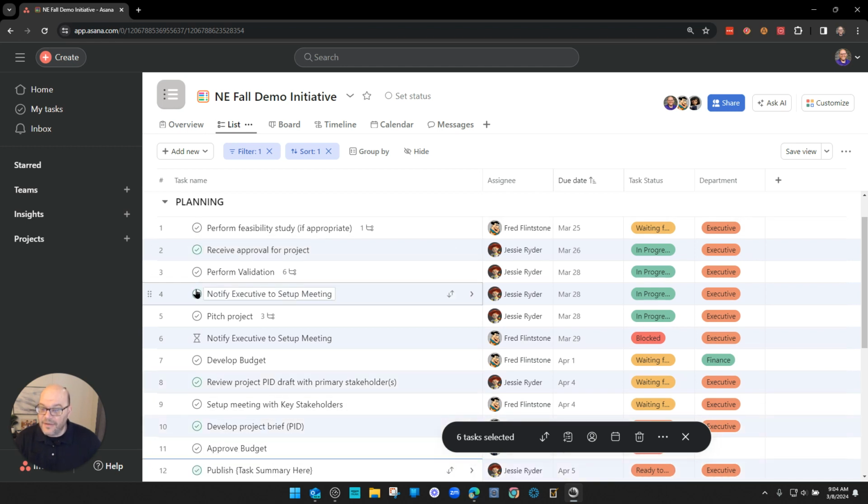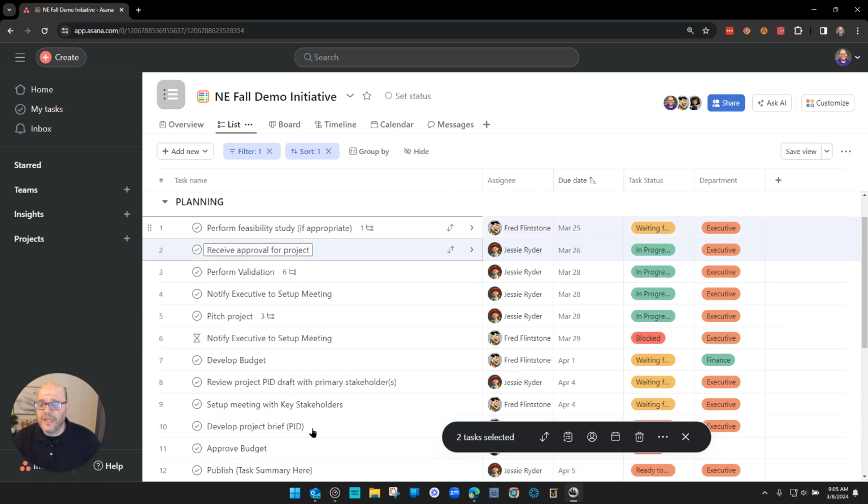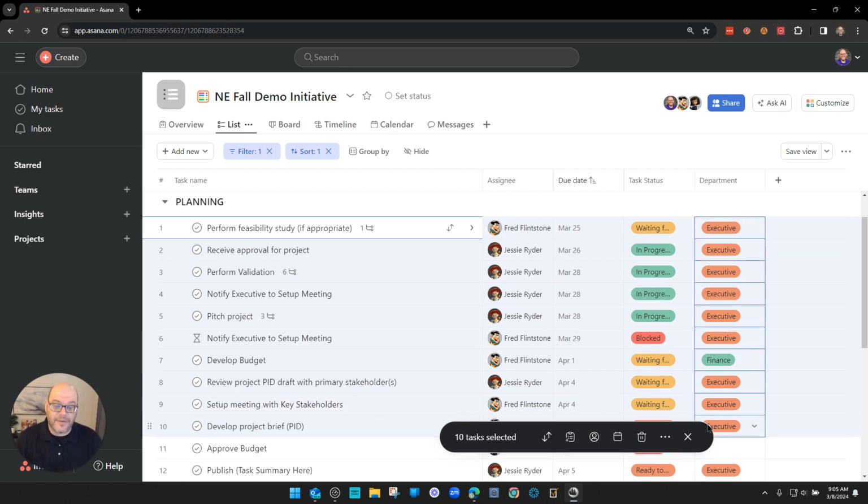And now you can see each of those tasks have been selected, but the tasks in between have not. I can see 6 tasks have been selected. So this is how we're going to select a bunch of tasks at once. Now, what can we do once we've selected a bunch of tasks in bulk? This is where this particular feature is really helpful, because first of all, we have this black bar that Asana